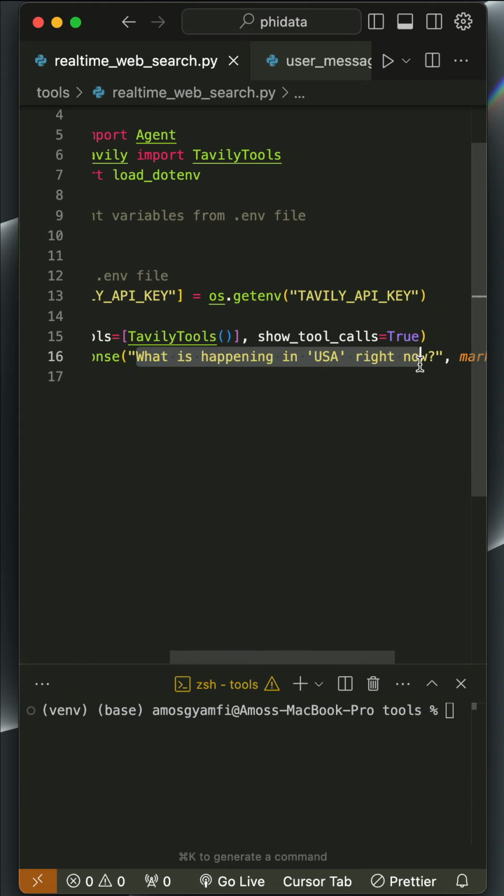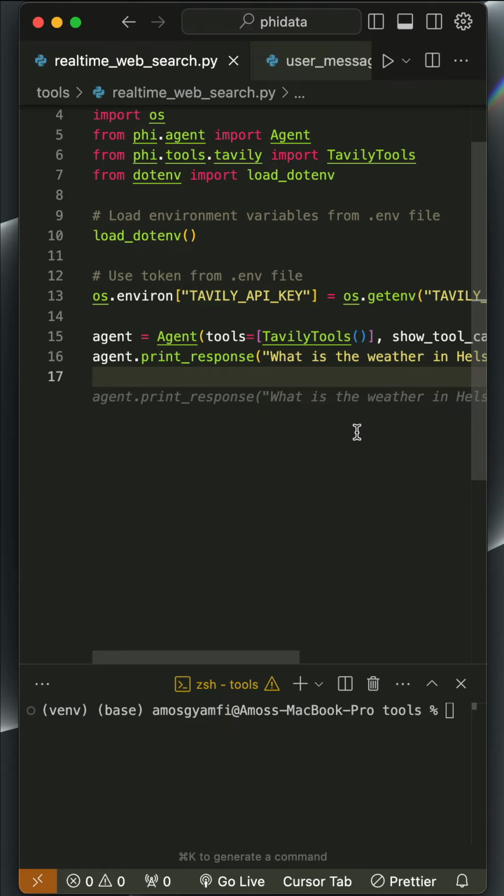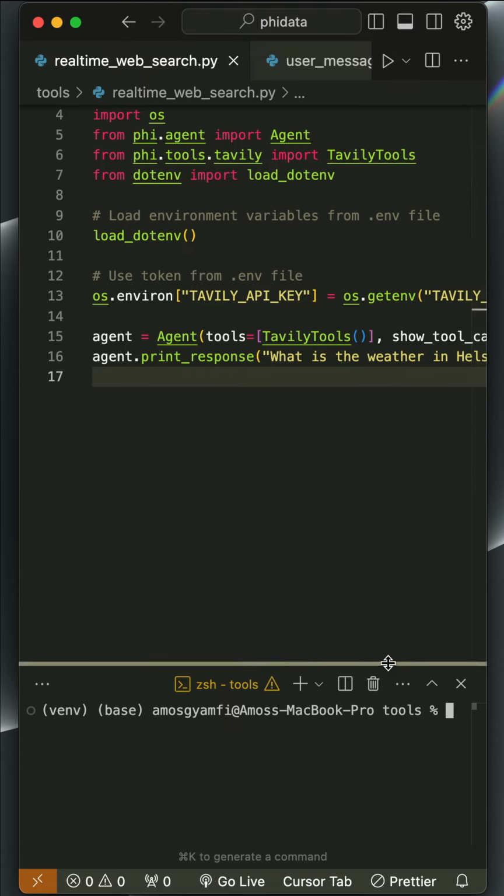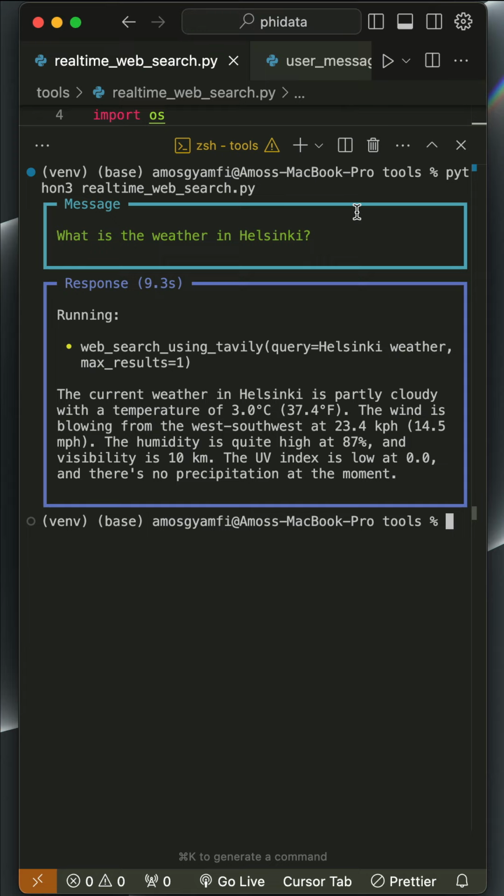I want to ask about the weather in my current location, that is Helsinki, Finland. I will save the changes and go back to the terminal and run the file. From the model's response, you have noticed here we now have real-time weather information